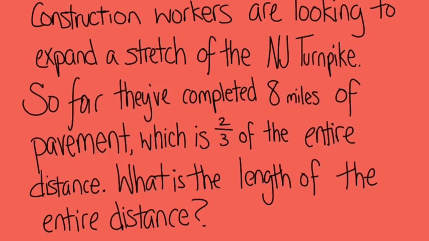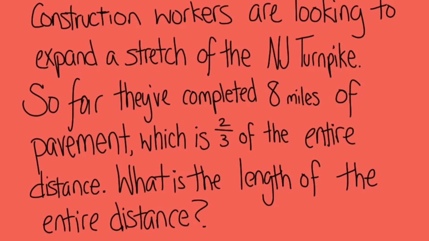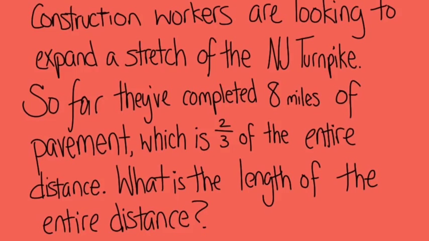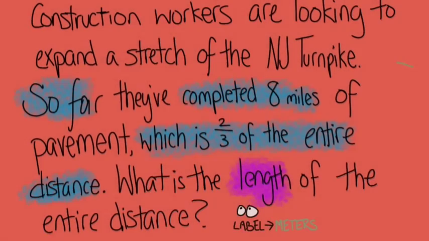Here we have construction workers who are looking to expand a stretch of the New Jersey Turnpike. So far they've completed 8 miles of pavement, which is 2/3 of the entire distance. What is the length of the entire distance? Our look-fors are that they have completed 8 miles, which is 2/3 of the distance, so 1/3 left, and length